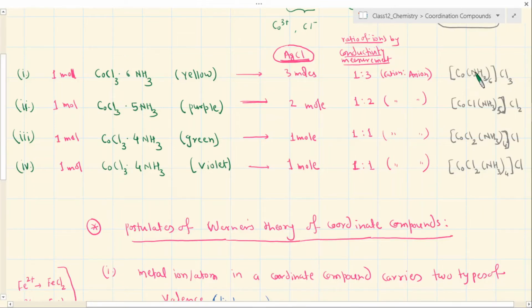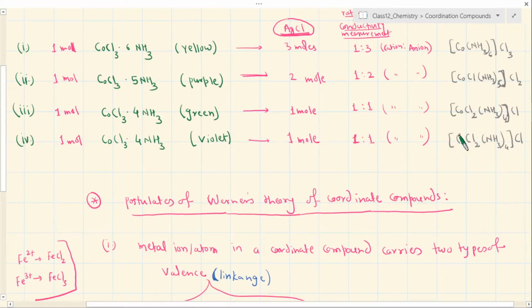Basically 6 is a number. Valence means number, but it is created by ammonia. And in this compound you can see the primary valence is 1, and which is satisfied by 1 Cl, but the secondary valence is also 6, and that is satisfied by 4 ammonia and 2 Cl here. Same is for this also. So this secondary valence has the idea that it is the linkage which is formed with the metal by the group or the ions, and that is non-ionizable.